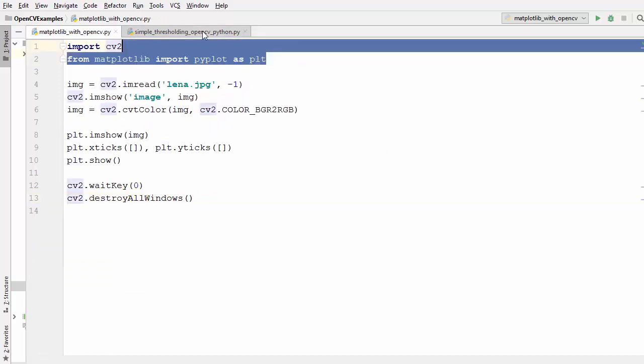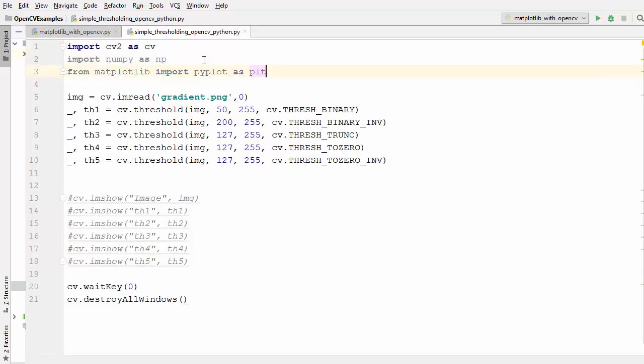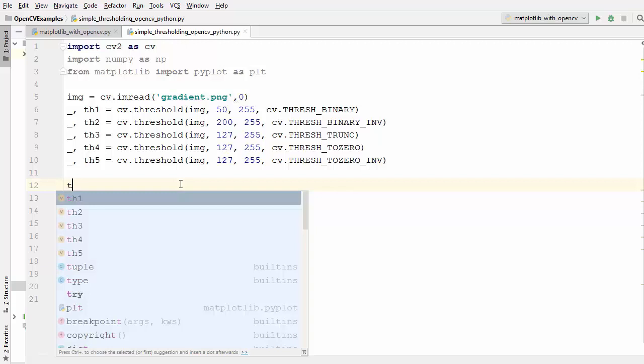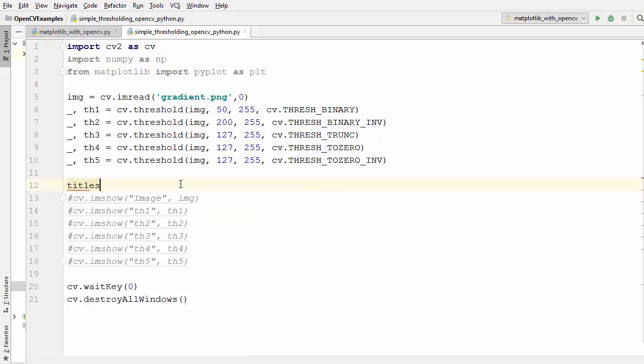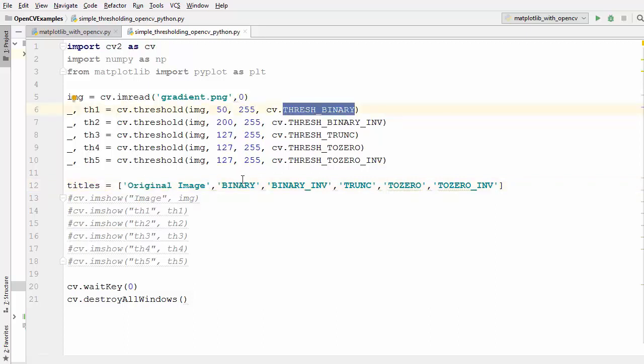So first of all, we are going to import Matplotlib, import pyplot as plt, and then we are going to define the titles for 6 different images. So first one is our original image, second was the thresh binary, third was thresh binary inverse, fourth was trunc, fifth was tozero, and sixth was tozero inverse.